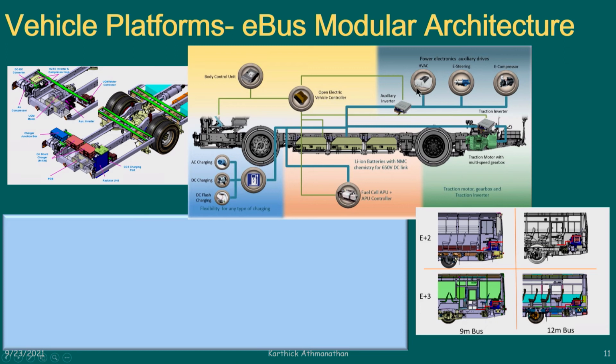And then you've got your subsystems, right, auxiliary drives. One is for the HVAC, the air conditioning, second is for the steering, and the third is for the compressor, because if you see steering pump and compressor, typically all these three are connected to the engine in an ICE vehicle. Here you don't have the engine and you can't connect things to a motor, it's not very efficient. So you have dedicated motors with controllers and inverters just for each of these subsystems, and you have to manage them as well. The vehicle controller controls them.